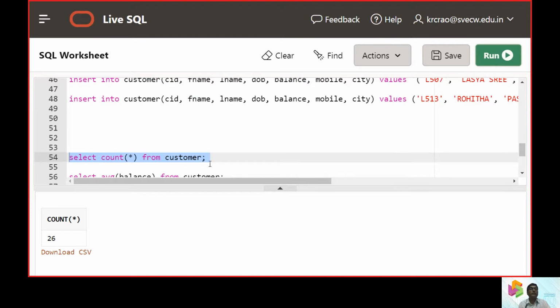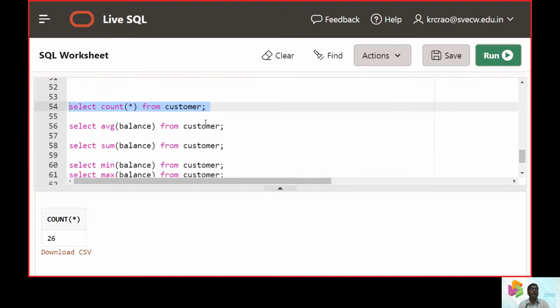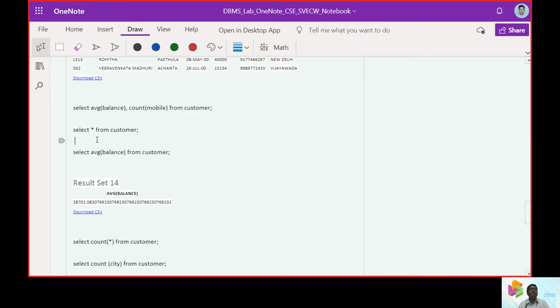It is going to give 26 customers. The same 13 are repeated again because earlier we hit the same function.